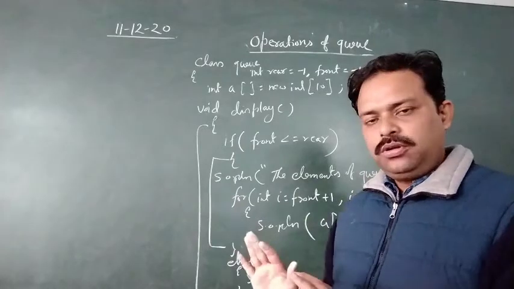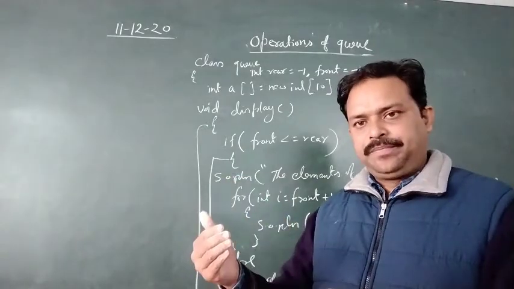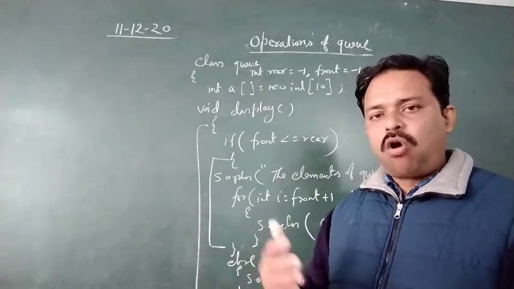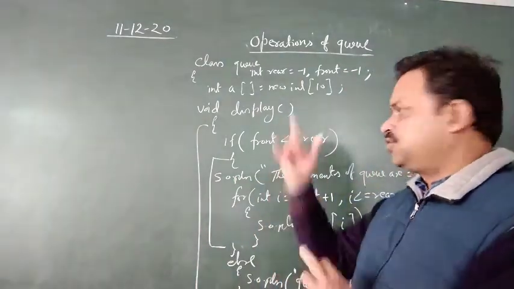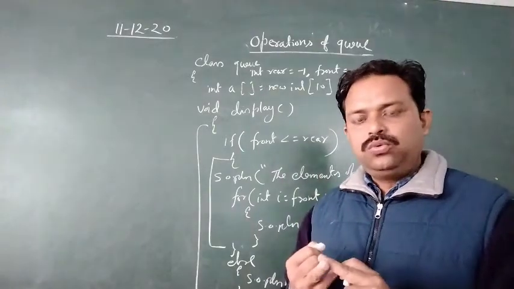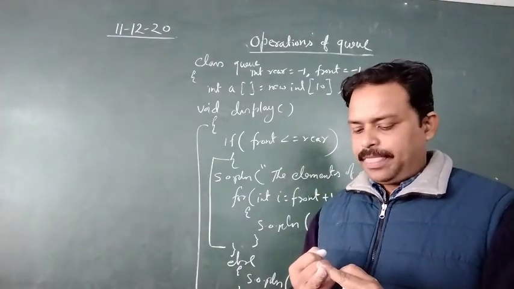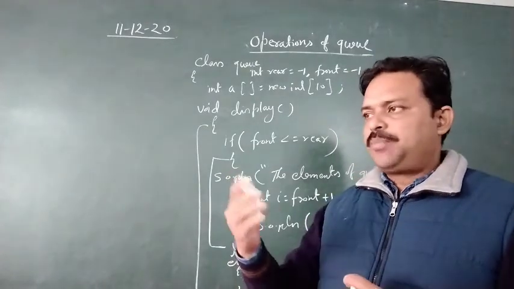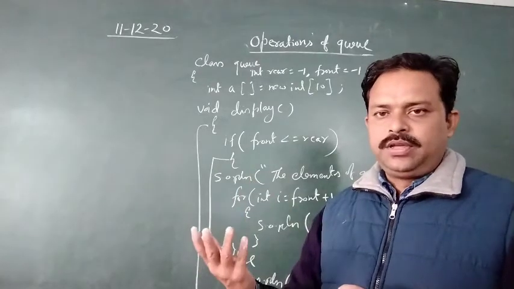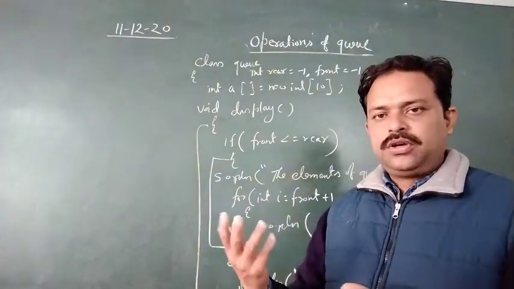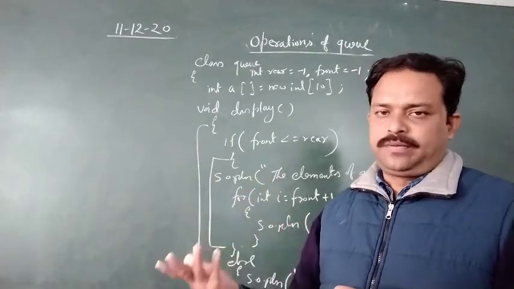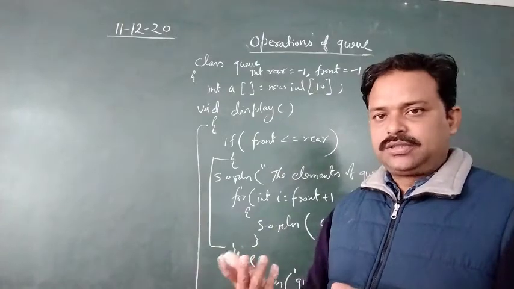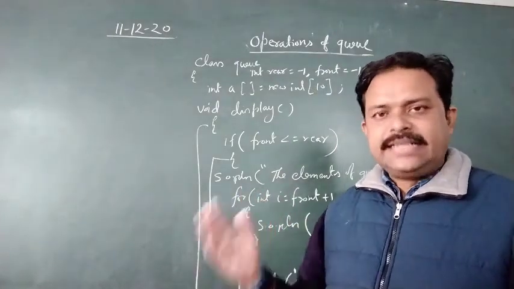The same way here also we are going to make the main with the menu inside the loop, and we will call the functions. In case 1 we will call the function push, in case 2 the function pop, and in case 3 the function display. It is up to the user's choice what you want to do. If you want to do insertion, every time you press 1, 1, 1, 1. If you are doing insertion continuously, no problem, elements will get inserted.